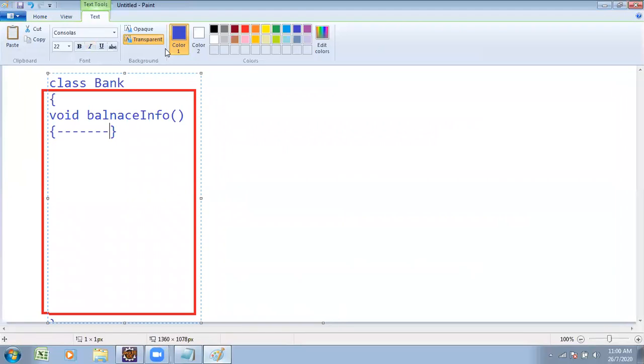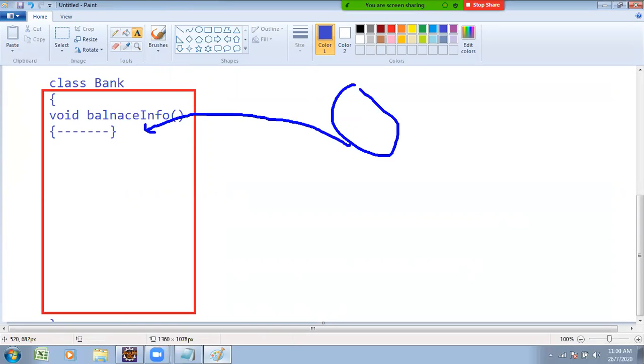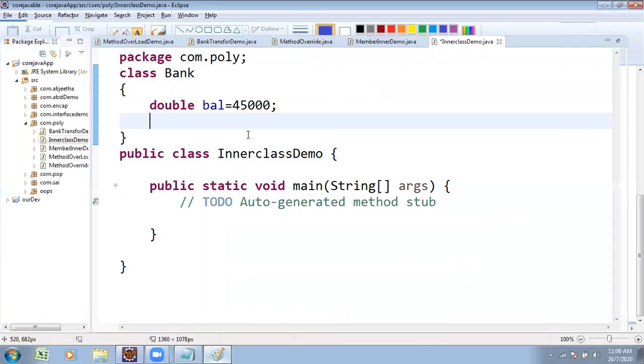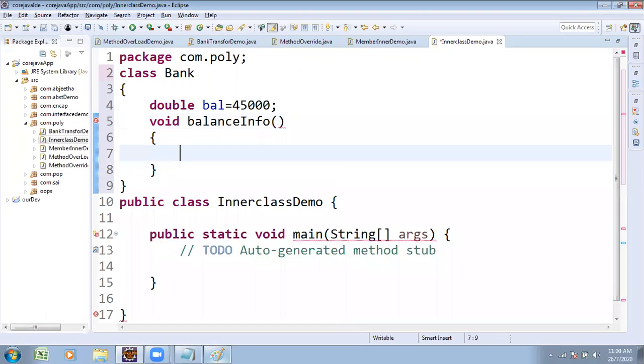You can sit at home. The customer can sit at home and check his balance. Through net banking, he can log in and check the balance. The outer class method name is that one. Bank is the outer class. There is one method, void balance info method.